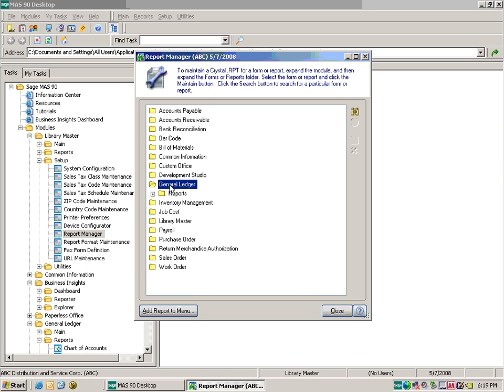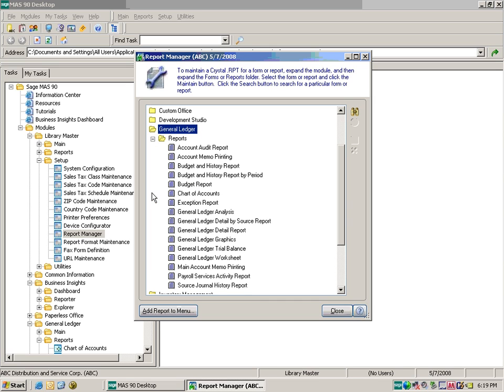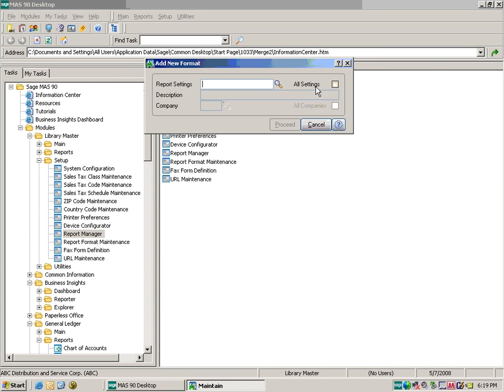You could obviously also go out to Windows Explorer and find the RPT and click on it manually. But what's nice about this is it automatically copies the report to the appropriate place. So I'm going to choose the GL detail report, double click on it, and I'm going to use this default Crystal RPT